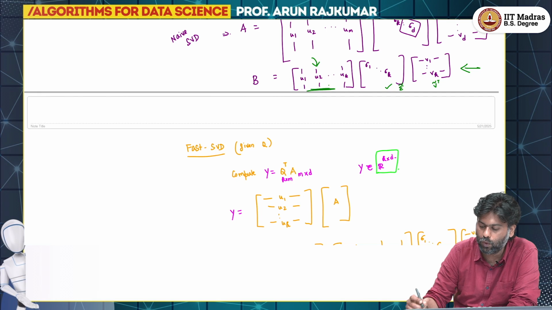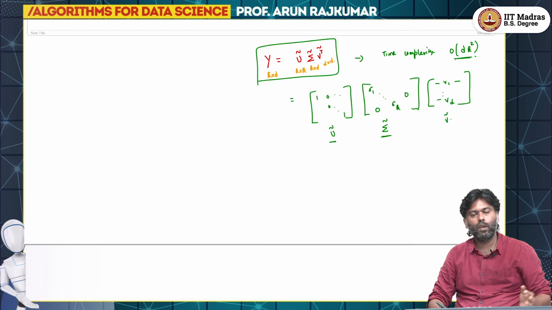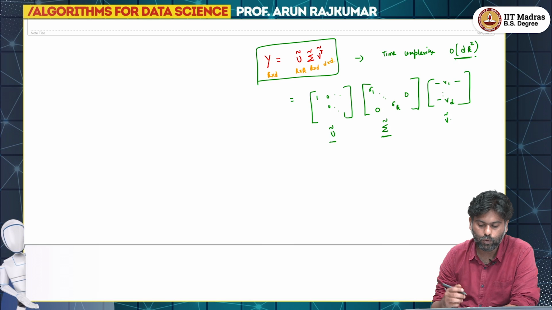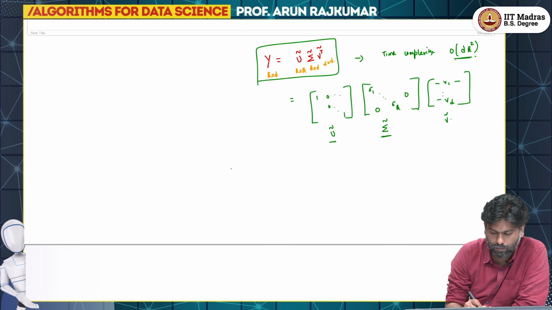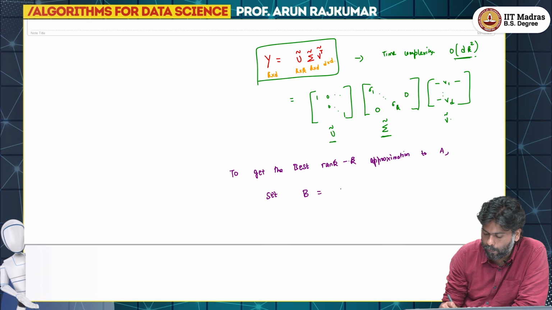But then this guy is U1 to UK, but what I have here is an identity matrix. So, how can I get back U1 to UK? Well, I know U1 to UK in this case, which is my Q matrix. So, what I would do then, to get the best rank K approximation to A, is set B equals Q times whatever U tilde I had here. So, Q times U tilde